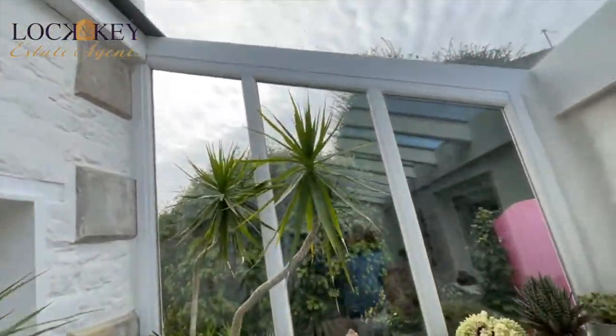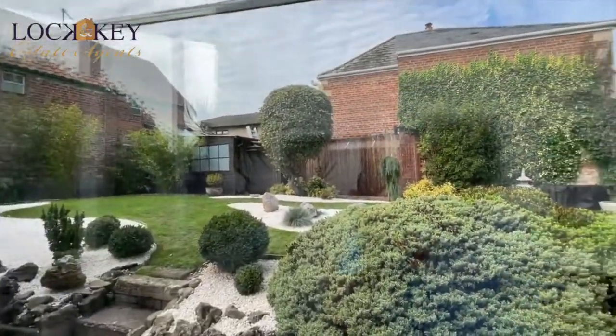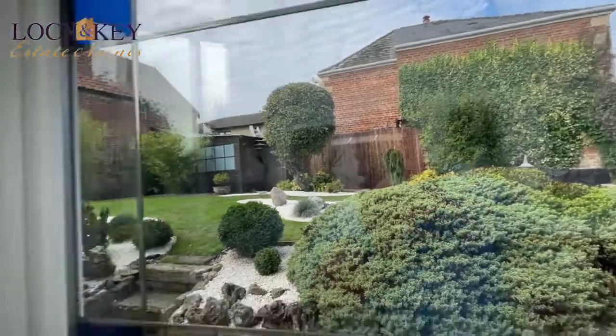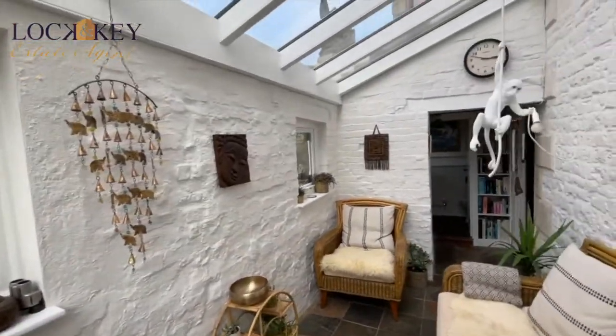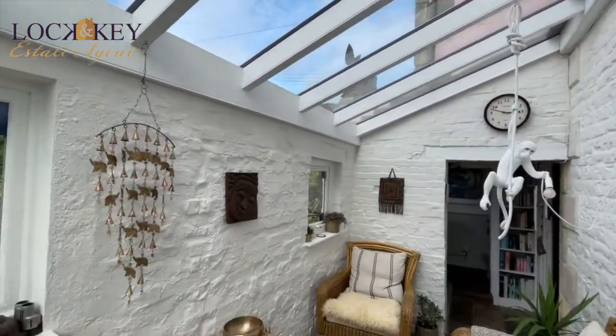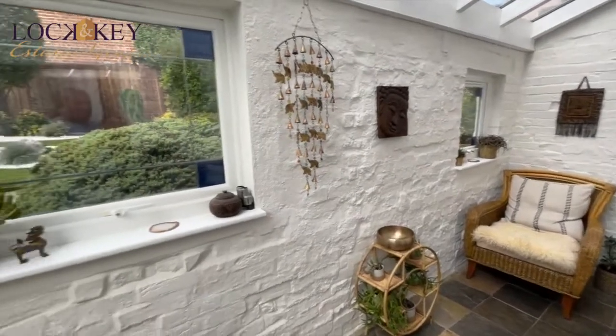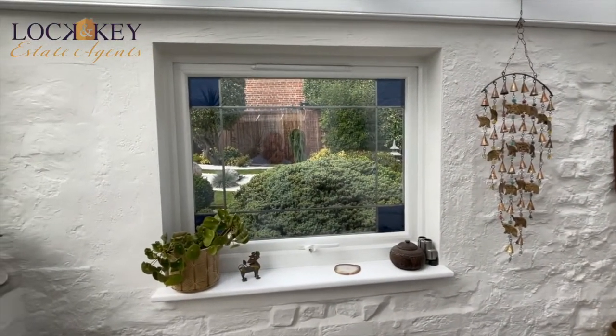And look at the workmanship in this. Look at the quality of the double glazing. Look at that beautiful little Japanese style tranquil garden that's out there. There is a lot of love going on in this property. An amazing little room, and it's very quiet. This would be one of my favourite rooms, and I'm just going to leave you there because I'm going to